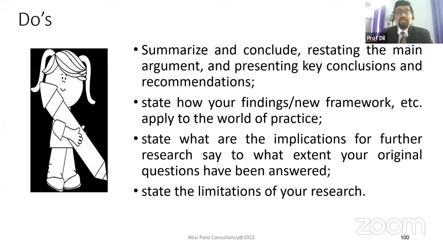And state the limitations of your research also. This is a frank approach. You are telling that you had around 5 to 6 variables, and during the study, I understood that another 3-4 factors also have an impact on this particular problem. But it had already reached the final stage. At that particular time only, we understood that all these factors could be incorporated. You can tell any future research scholars who come to this area of research, please incorporate this and do it. And I couldn't do that, frankly tell it out.